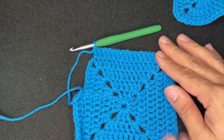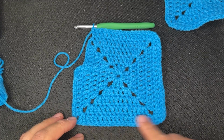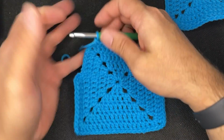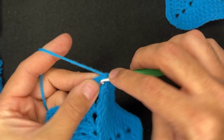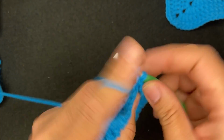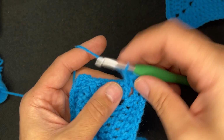Okay, so we have 3 sides completed. Let me back up a little more. There we go. So we have 3 sides completed, and we just have this last corner to go. Okay, it's looking wonderful. So we're going to do 2 double crochets, chain 2, and 2 double crochets, just like that. We're going to pull that back, and we're going to do a double crochet in that little loop, and then